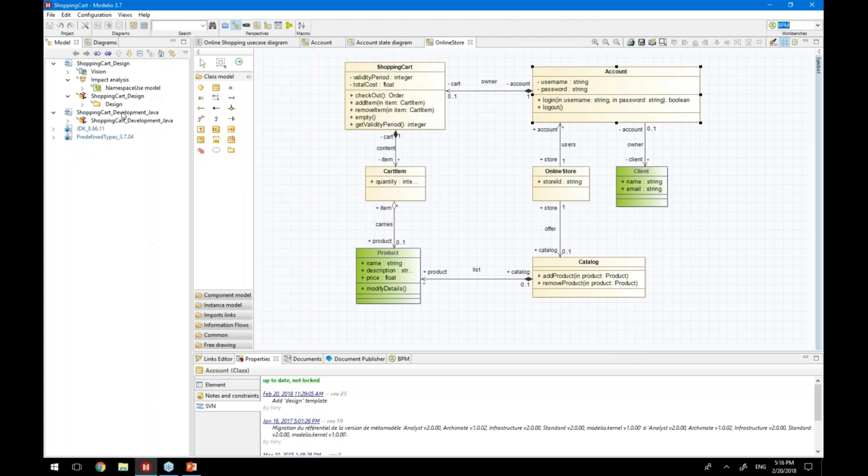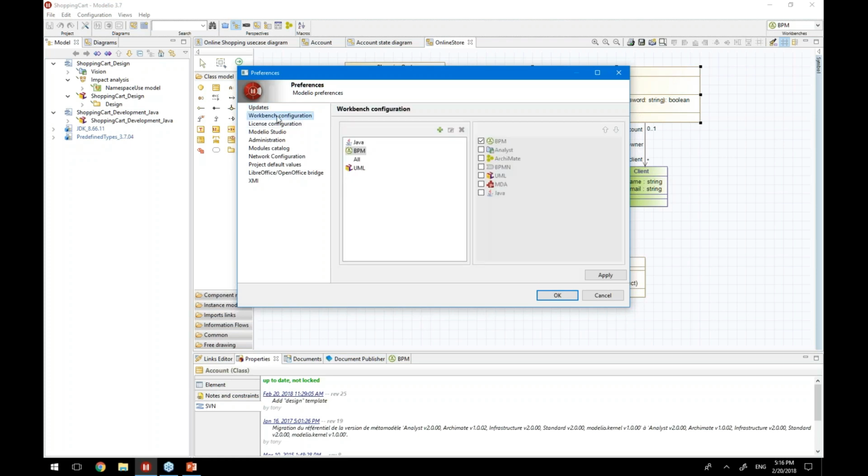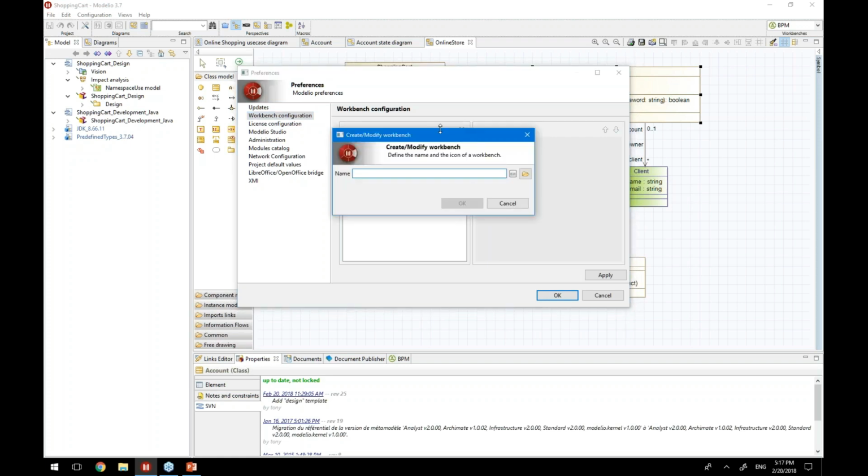And I can create my own workbench by specifying the areas of expertise I want to use in my project. To do so, I just open the preferences and then select the category workbench configuration. You can see the 4 workbenches present in my project here. Let's say I want to keep only the Archimate elements and requirements and mask all the other elements. I click on the plus button to create a new workbench that I will call Archimate and requirements,